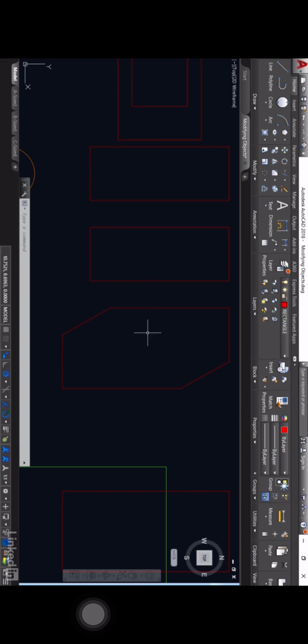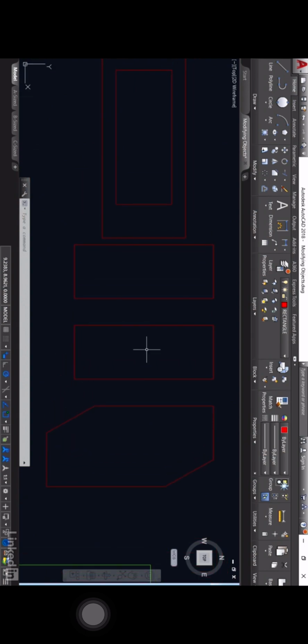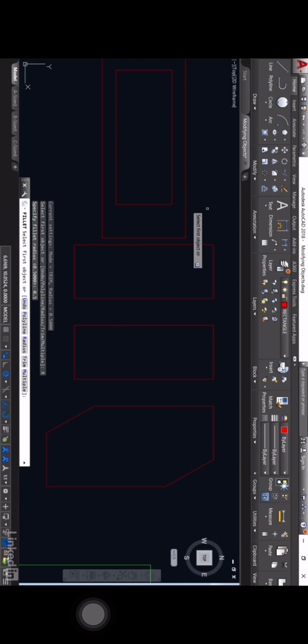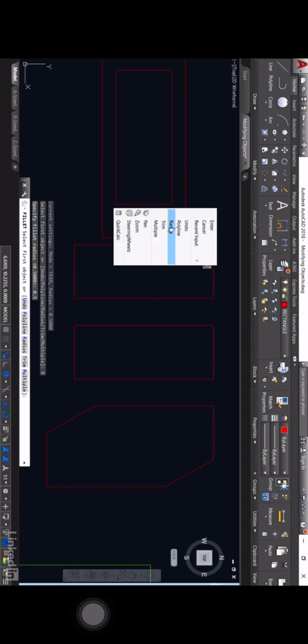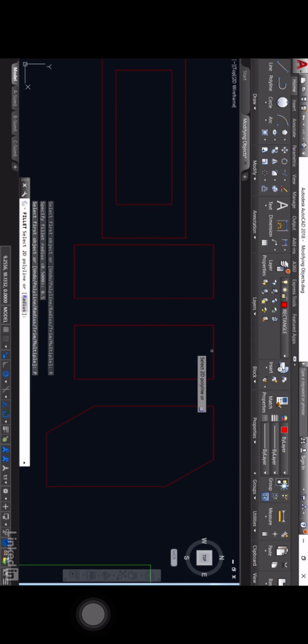You can also fillet and chamfer using polylines as well. I'll just pan across a little bit, get these central on the screen. I'm going to go back now to my fillet command here on the flyout menu and select first object. I'm going to right click radius, make sure the radius is 0.5. It's remembered it from last time, so I can just press enter, or I can type in 0.5 if it's not 0.5. If I right click again now and select polyline, it'll actually fillet radius all of the corners